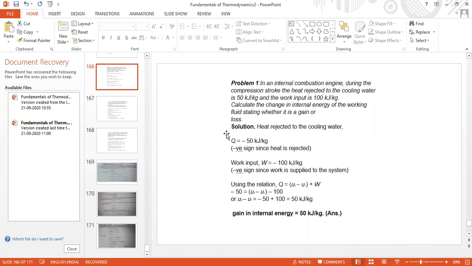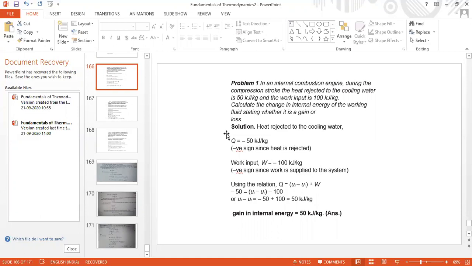What is an internal combustion engine? You know, an internal combustion engine. Okay, tell me. If anybody knows what an internal combustion engine is, you tell me. An internal combustion engine is the engine where the combustion takes place inside the cylinder. For example, our motorbikes, cars, any road vehicles.